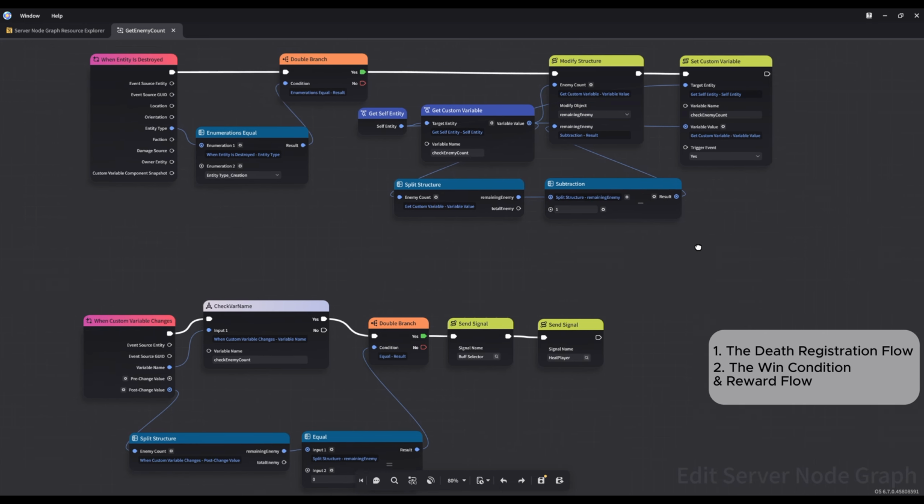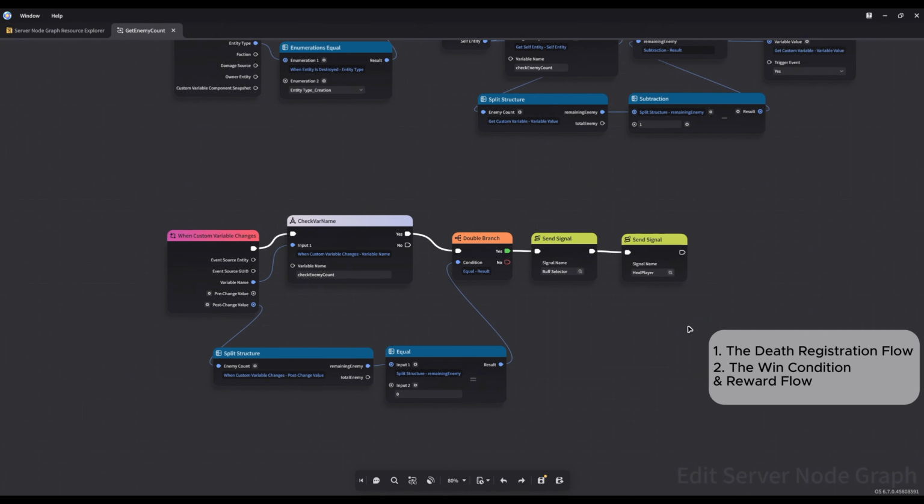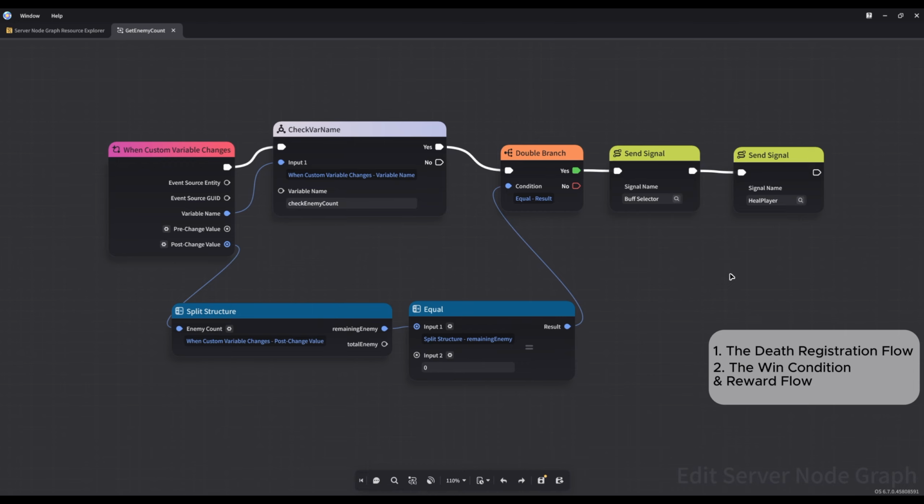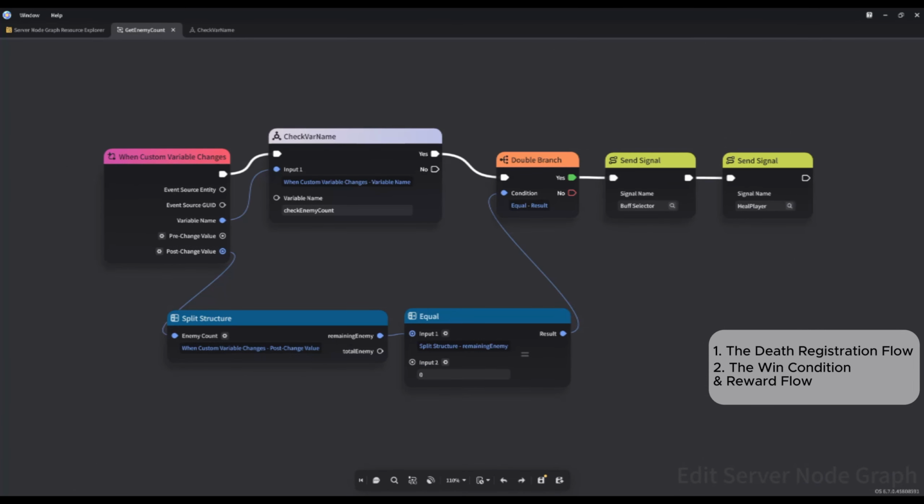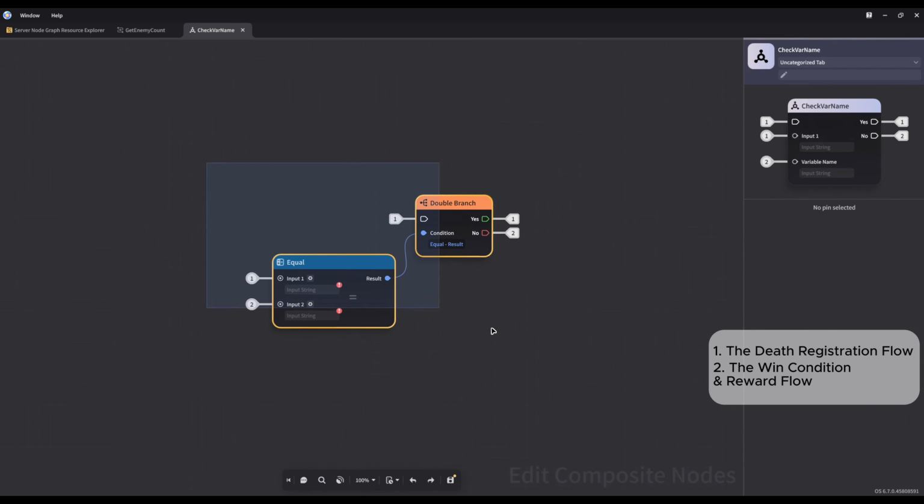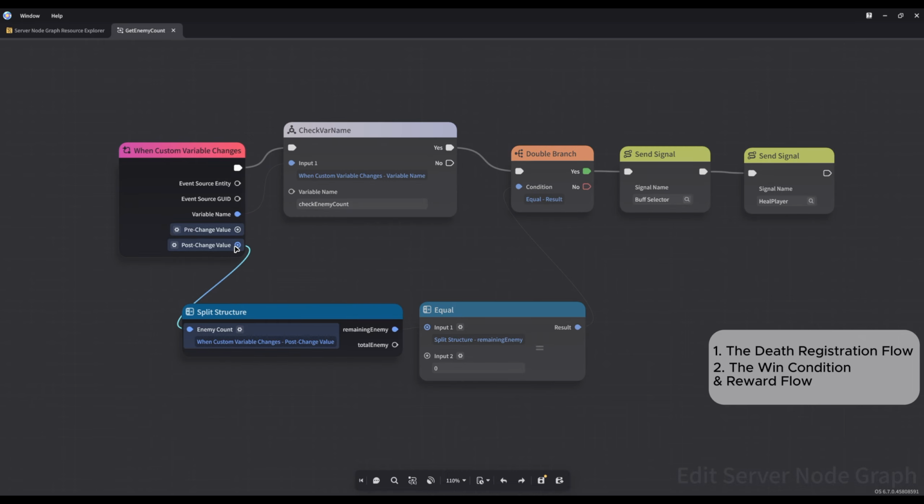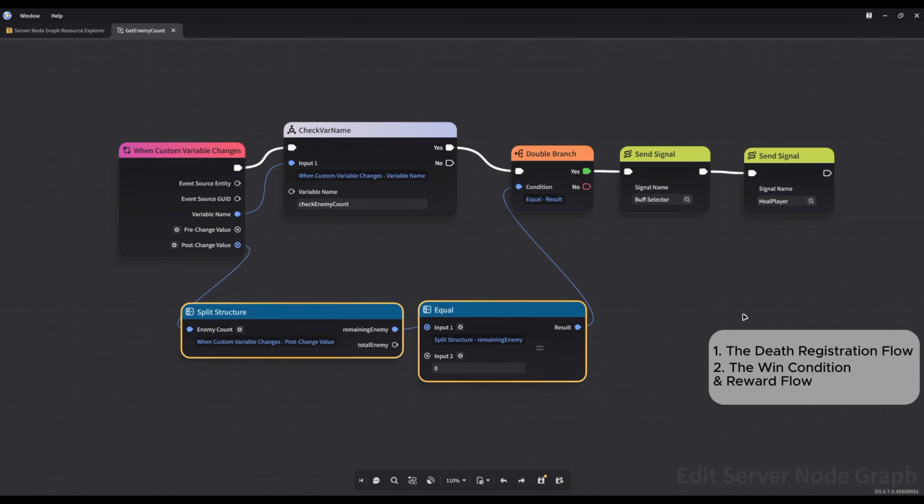The second phase relies on a listener node that automatically awakens whenever the scoreboard data changes, reacting instantly to the subtraction completed in the previous flow. It immediately verifies that the specific variable being altered is indeed GetEnemyCount before allowing the logic to advance. The system then splits the updated post-change structure to extract the new remaining enemy value and checks if it is